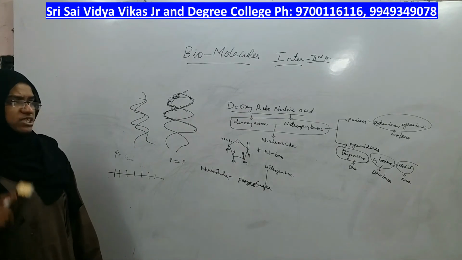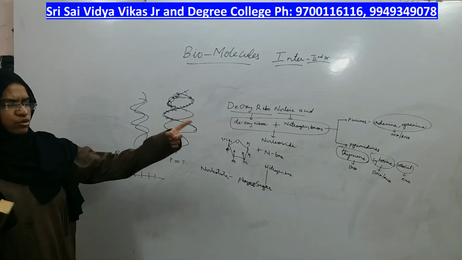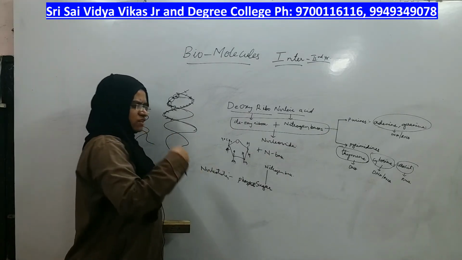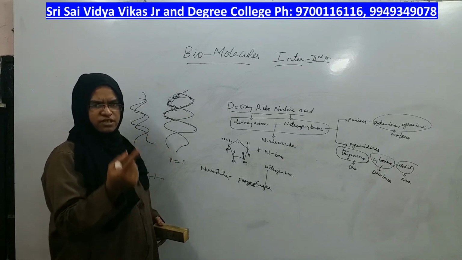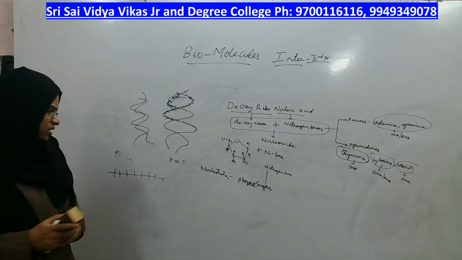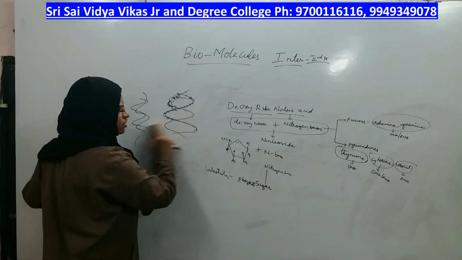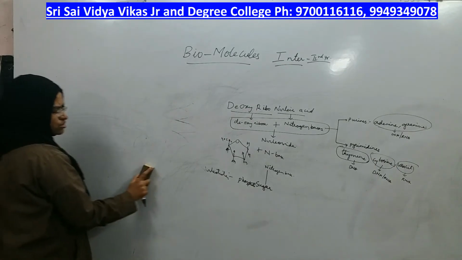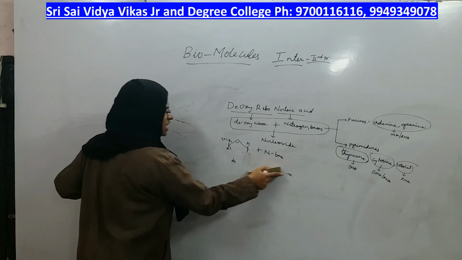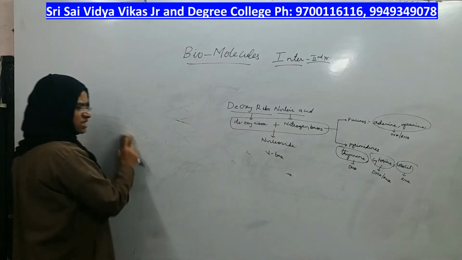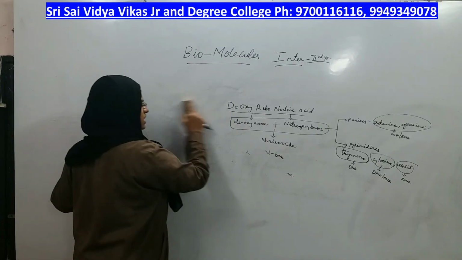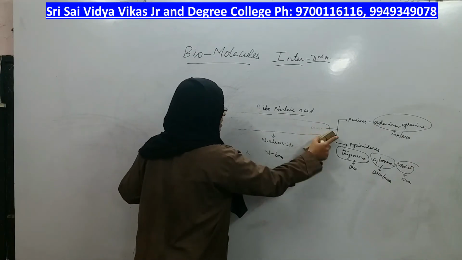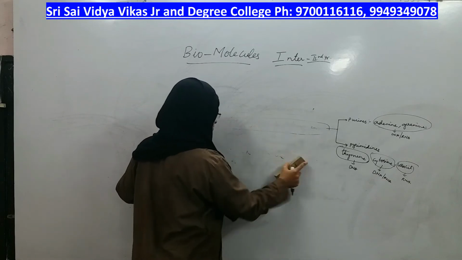Now what will we do? First we will look at the structures of purines and pyrimidines. Then we will combine one nucleotide with the second, the second with the third, the third with the fourth, like that, into a long chain. Okay, right. Let us see the structures of nitrogen bases first. Why are we calling them nitrogen bases? Because they are basic in nature. Basic in the sense they have an alkaline nature because of the nitrogen in them. Therefore, they are called nitrogen bases.